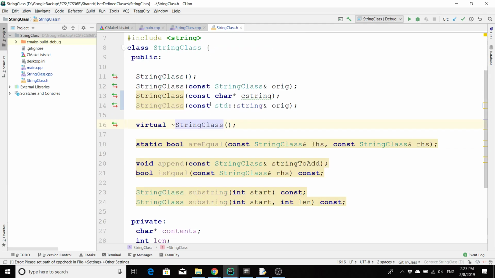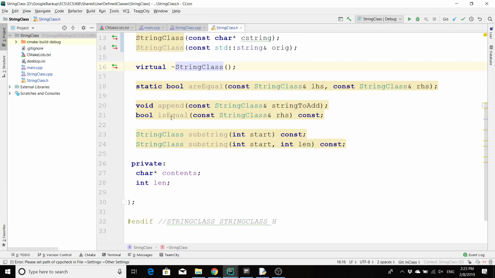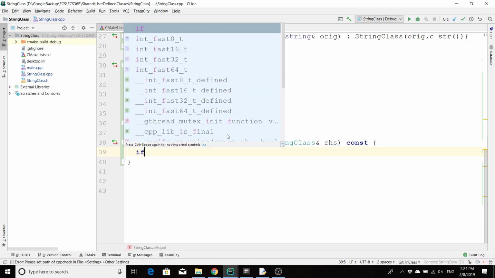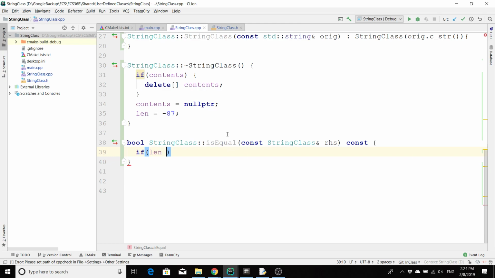So one of the things that you guys wanted to do is, let's start with the easy one. We'll start with things are equal or not. So how can we check if the characters in two strings are the same, right? I mean, if these two strings are the same. Right, so you might say, if my length doesn't equal the right-hand side's length, we can just return false, right? Otherwise, we're going to need to check the individual elements,